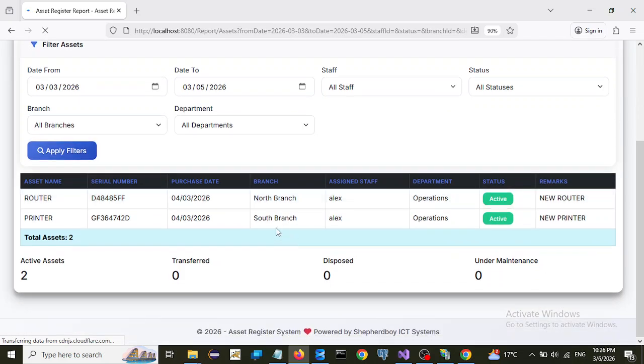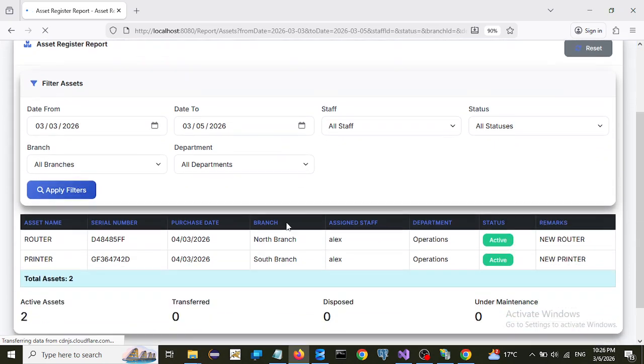Once you do that, you'll be shown a summary of the items which are existing as per the purchase date we selected. The printer you created, you can see it here. It is assigned to a user called Alex, the Department of Operations, and the remarks is a new printer. If you want to export this report,